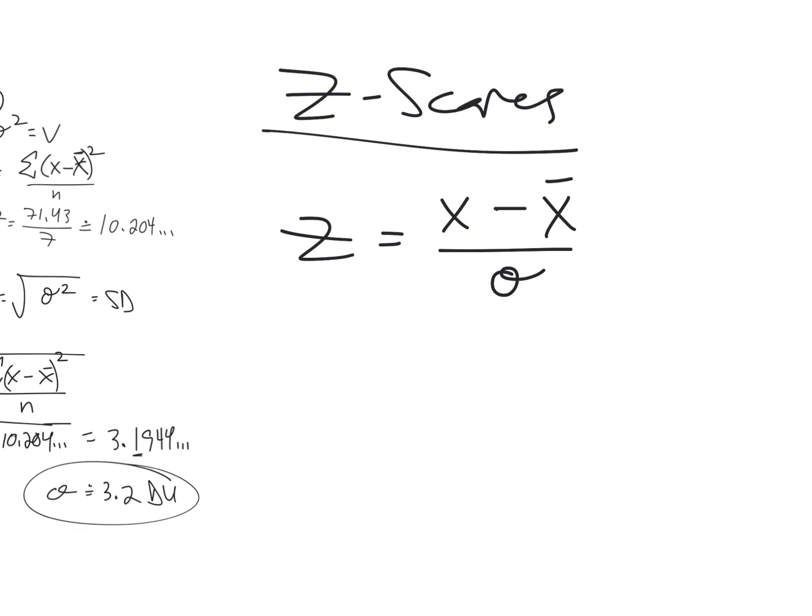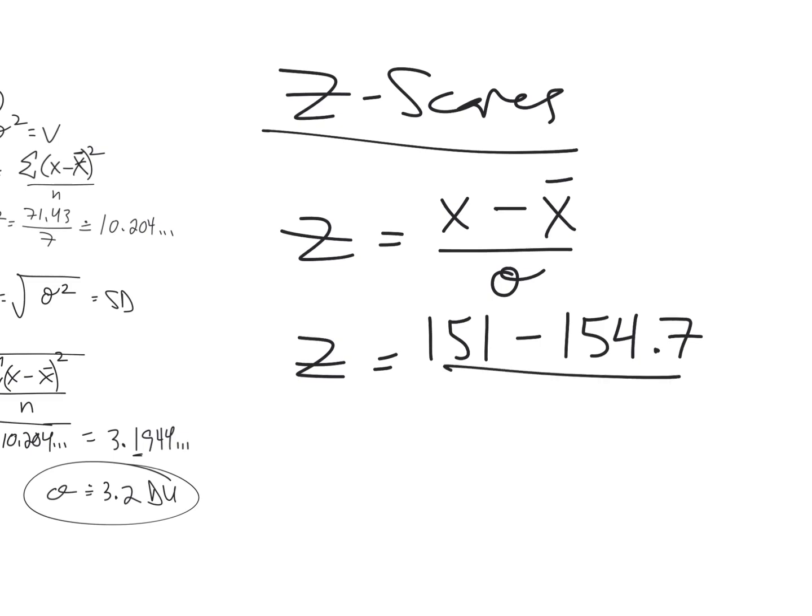Because z-score is the number of standard deviations a piece of data is from the mean. So in this case, let's take, for example, the 3rd day of the week was 151 Dobson units. And if we minus it from the mean, 154.7, and we divide it by the standard deviation, 3.2, this becomes,